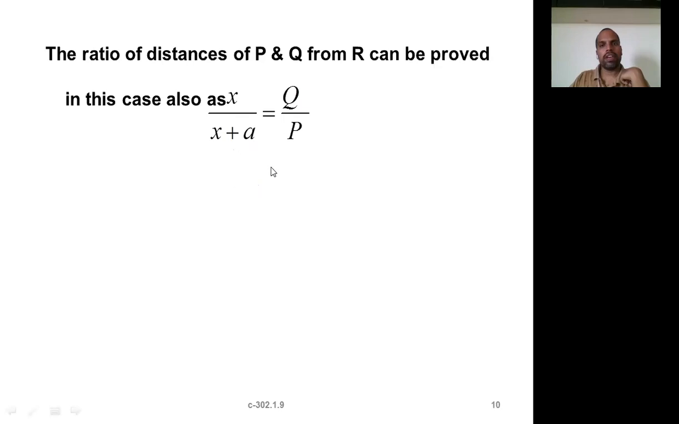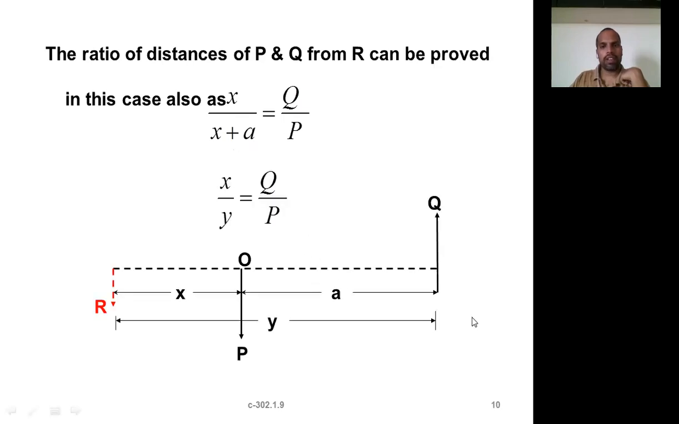So what is x plus a? Let us say it is y. The distance is, let us say, y, meaning the distance of the resultant from the force Q. From one force it is x, from the other force it is y. That's why x plus a is nothing but y. Okay, so x by y is equal to